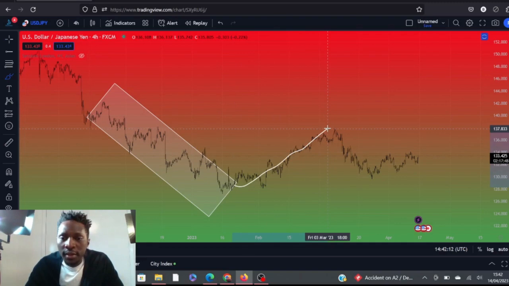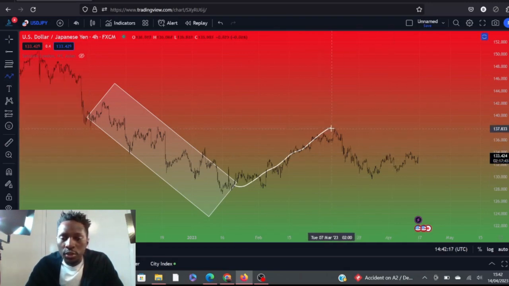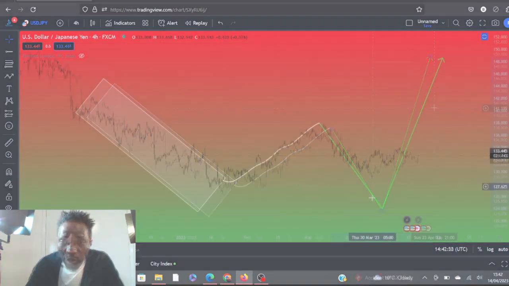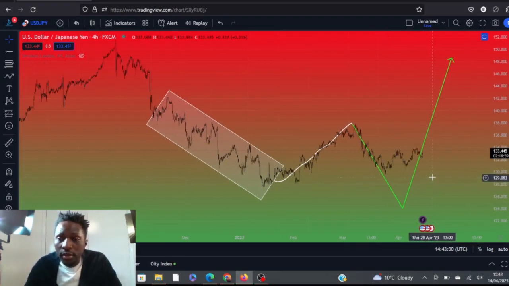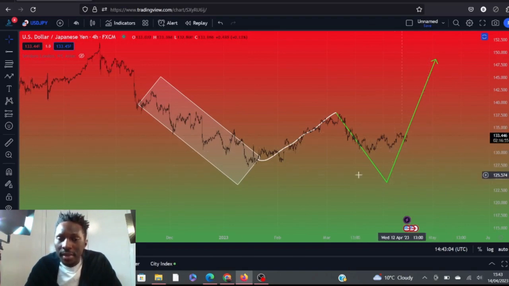What's the next move of this market? The market is going to come back down at some point, retest the previous structure, and rally. Last week I told you to look for a short trade on the dollar yen. Any opportunity you get to short this market, take it, because this market is going to come back down to